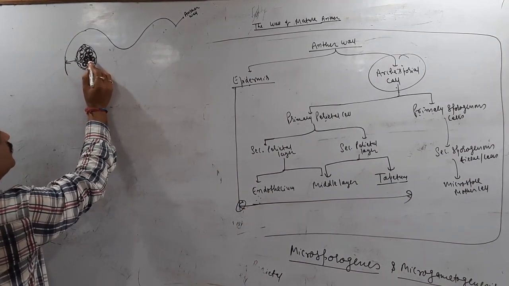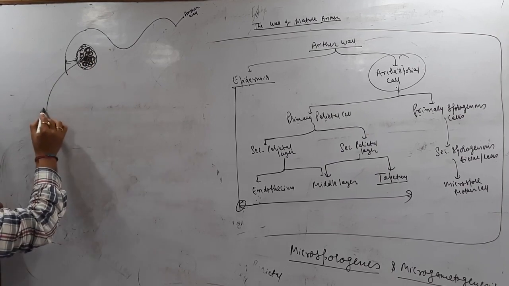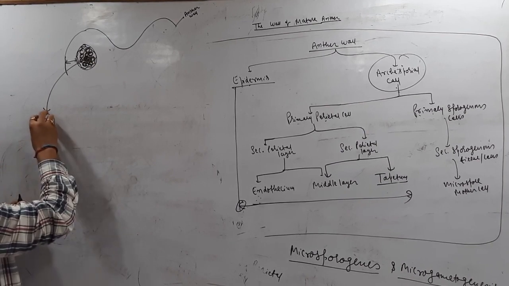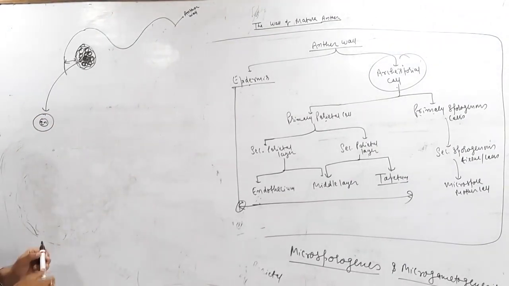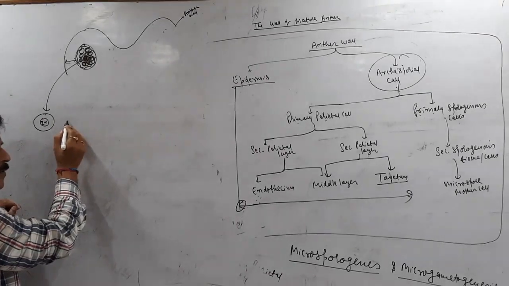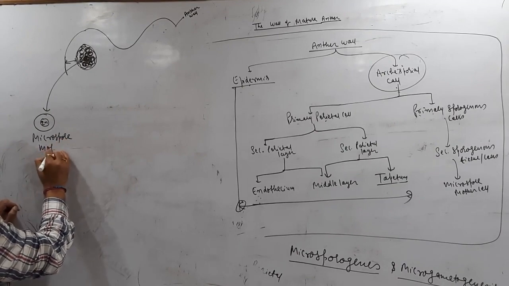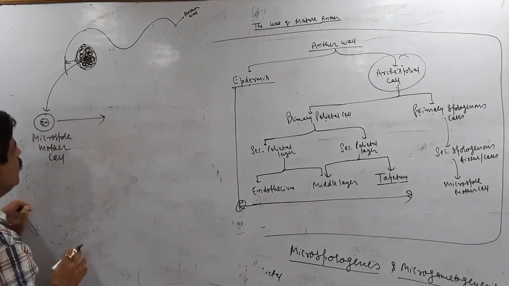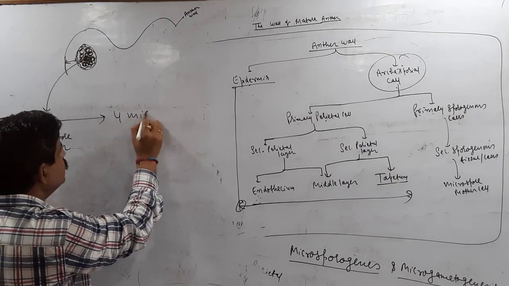This is the microsporangium. It is filled with sporogenous cells. I am drawing this sporogenous cell here. It is diploid. This sporogenous cell undergoes meiosis. This cell is capable of forming the microspores. When these cells are about to undergo meiosis, we start calling this cell the microspore mother cell. Now this cell undergoes meiosis. It forms 4 microspores.